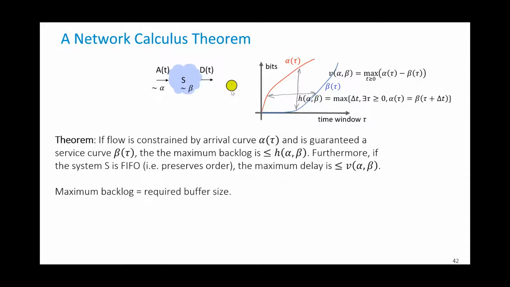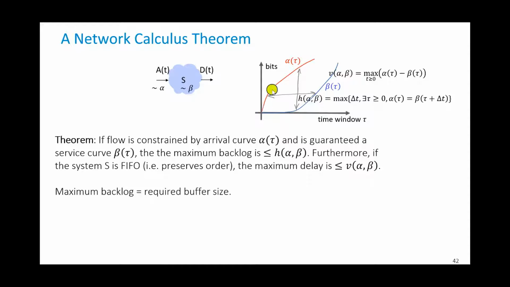When we have the same thing, if we are in the space of time windows, we were before, when I talked of the arrival function A and D, I was in the absolute time space. Here I talk about time windows. And we have this theorem, which is very simple, but is our first network calculus theorem. If we have an input that is constrained by an arrival curve alpha, and if this input goes through a system that guarantees to it a strict service curve beta,